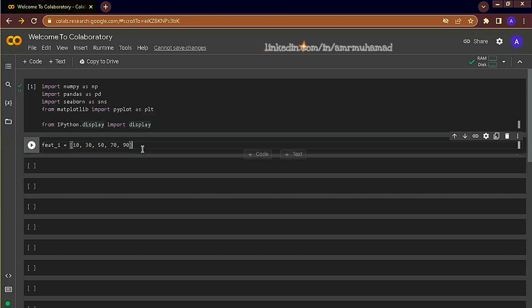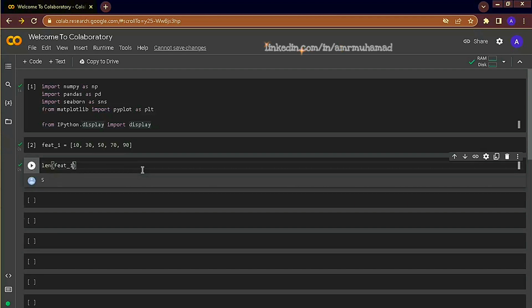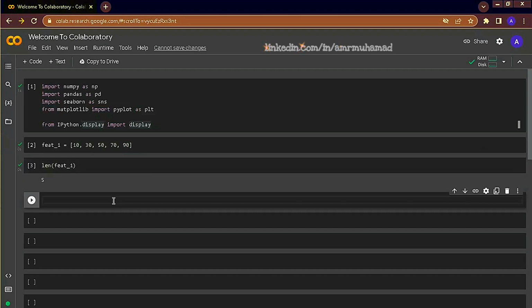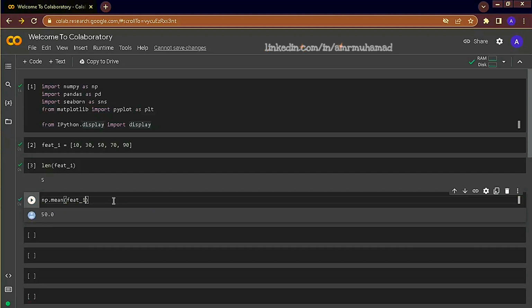Imagine that we have this specific set of numbers and we want to describe them or summarize them using a single statistic or value. One way to do it is to count this list, and this can be done by the length of feet1. We can say that there are 5 items in this list. Another way is to calculate the average of the numbers or the values. And note that the average is the expected value of the number within the list. So I can predict or expect that the values are within the range of 50.